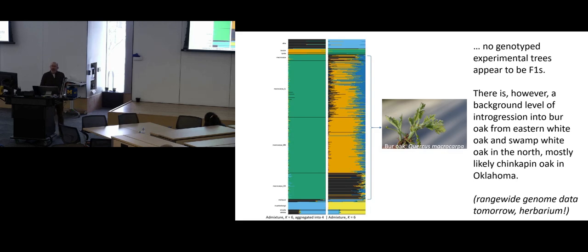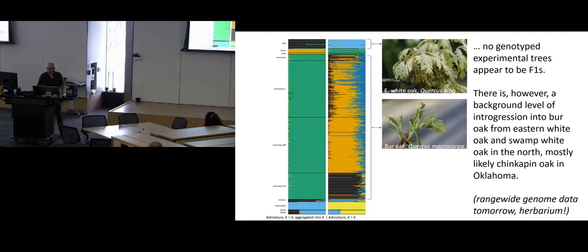What's striking here, though, is everybody's always like, oaks are so promiscuous. You go out there and collect seed, it's all going to be hybrids. We've got, I think, 300 of the experimental seeds successfully genotyped for this initial trial. Not a single one of them is an F1 hybrid, right? So we did succeed in actually getting bur oaks,